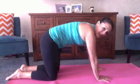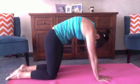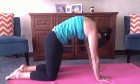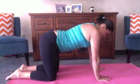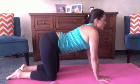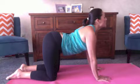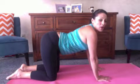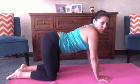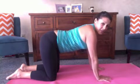You're going to tuck your tailbone under, curling through the spine, all the way up to the upper shoulders, and then take an inhale, the opposite of the last breath that you took. Then stick your tailbone out, stick your chest up, and open up the chest. You can let the abs hang if you want, or you can pull them up. You might want to support your low back by pulling the navel in. And then go ahead, exhale, scoop, tuck your bum,